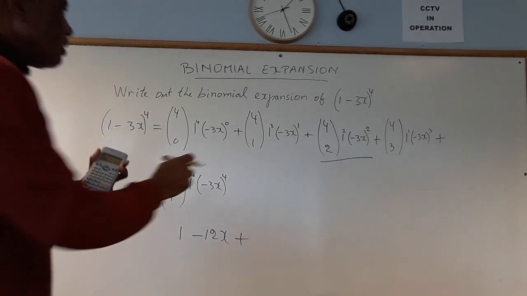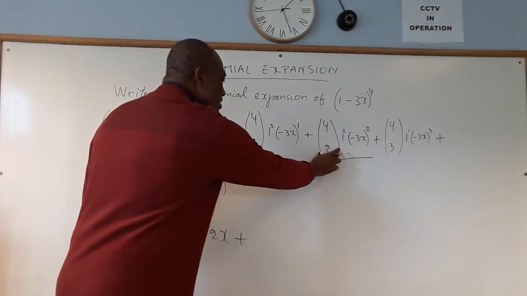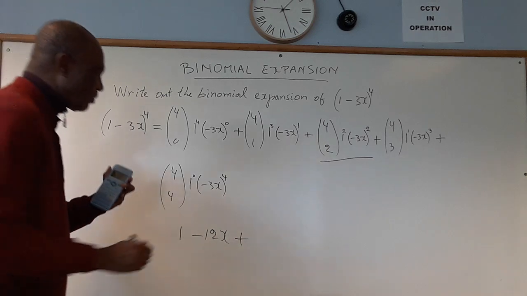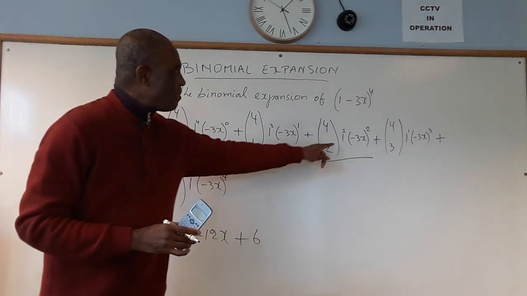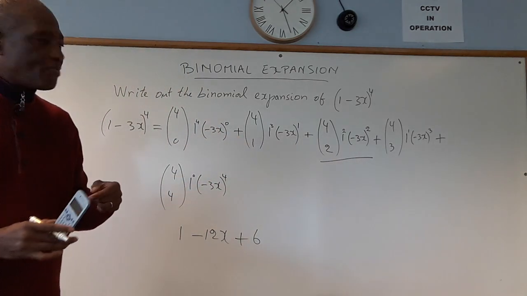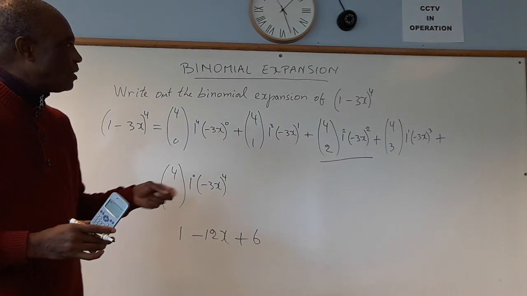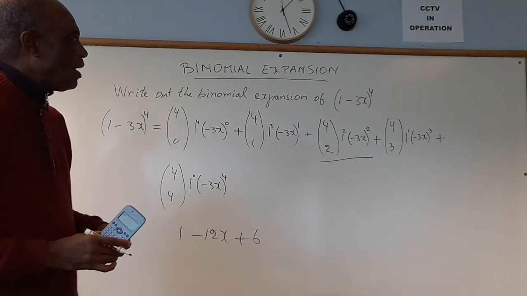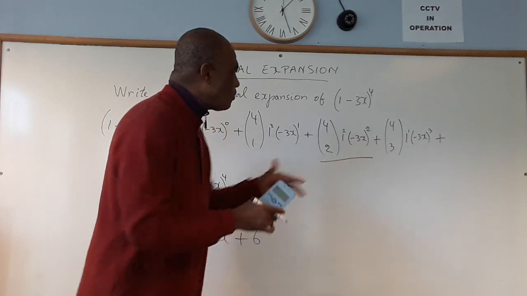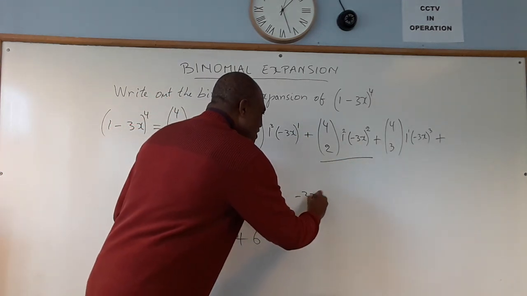This gives the bracket here giving me 6. 6 multiplied by 1, because 1 to the power of 2 is 1. So 6 multiplied by 1 will give what? 6. And then minus 3x squared